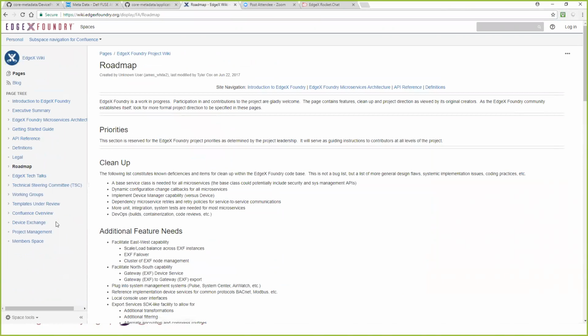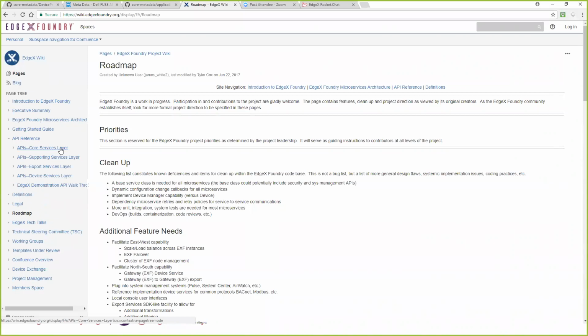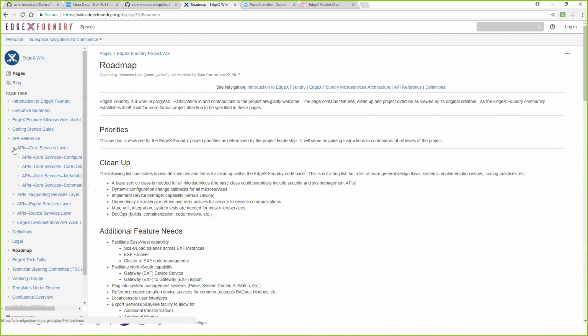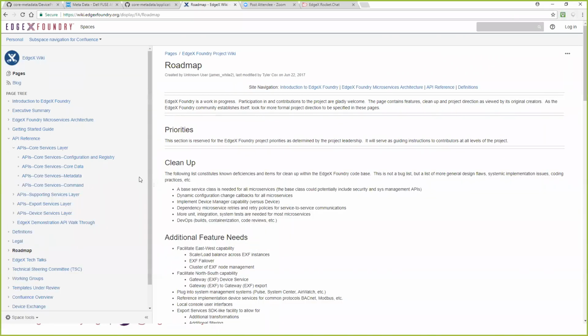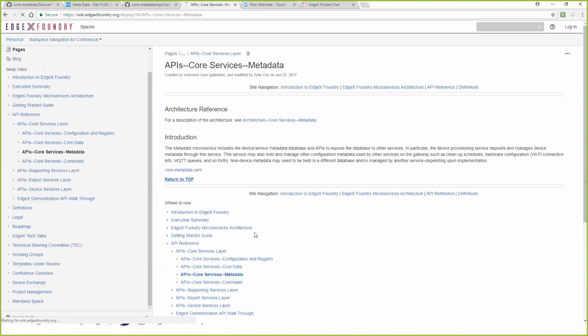Confirmed. Okay, thanks, Brett. So, folks, this is our wiki page here, and you can see lots of categories over here on the left-hand side. For Winnie's purposes and for everybody else's, you will see this link to API reference. You might want to expand that, and what you'll see is each of the layers has an API set, and then inside of any particular layer, for example, when we're talking about metadata, we want to go to the core services layer. You'll see the various core services there. So if you're interested in knowing more about metadata, go to the APIs for the metadata service.